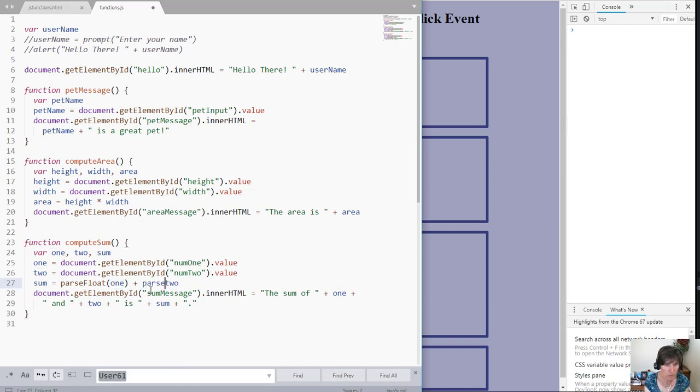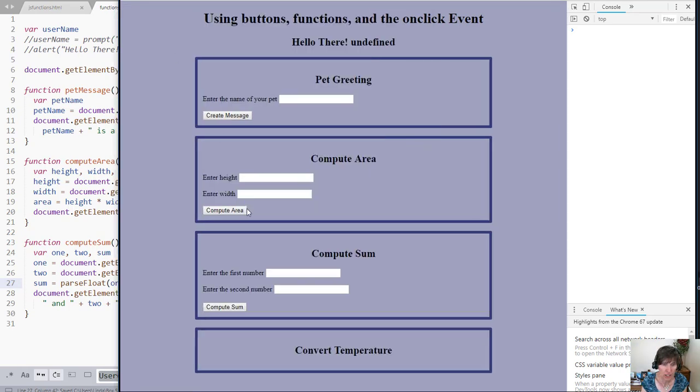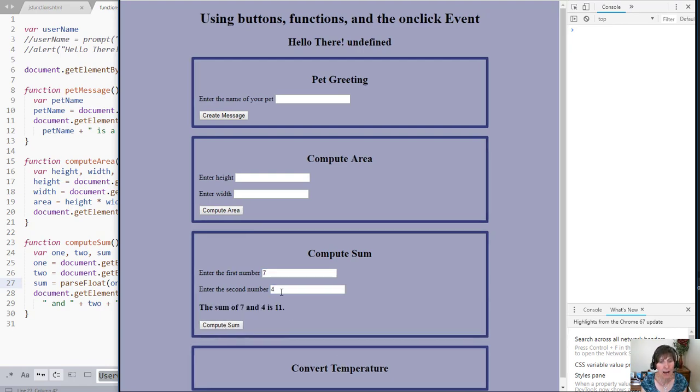So we want to use this built-in function parseFloat to convert those to numbers, and then it will add those two numbers together. Let's see how it does with the sum. Now if we refresh and we add a 7 and a 4 and we compute the sum, now it converts them to the number and then adds them together. So we get the sum of